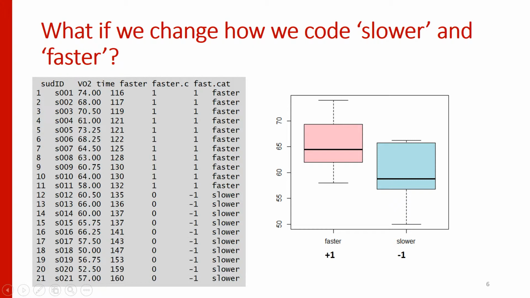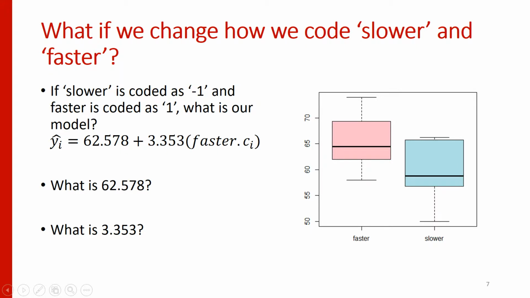what we're still going to end up with from our general linear model is a line that runs through the mean of this group and through the mean of this group. However, because we've changed what the x variable is, we now get a different slope and a different intercept, right? So if slower is coded as -1 and faster is coded as 1, our model is now 62.578 plus 3.353 times whether you were faster, right, and you get a +1 here, or whether you were slower and you get